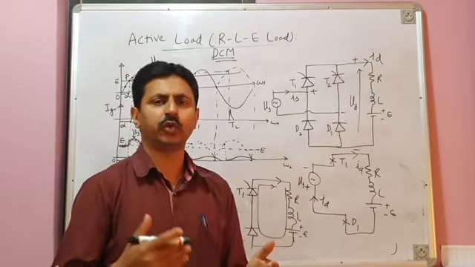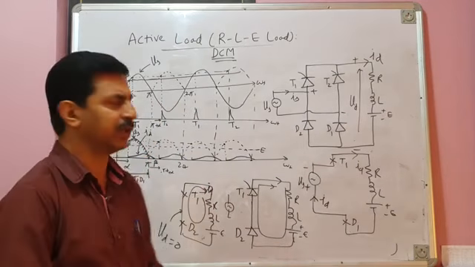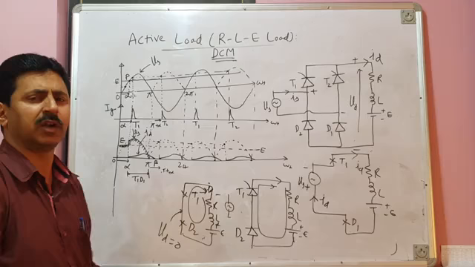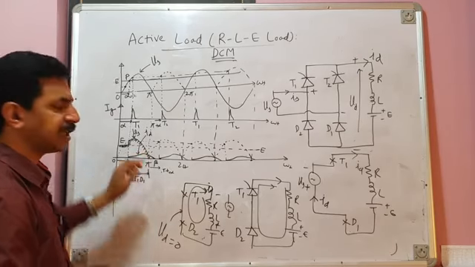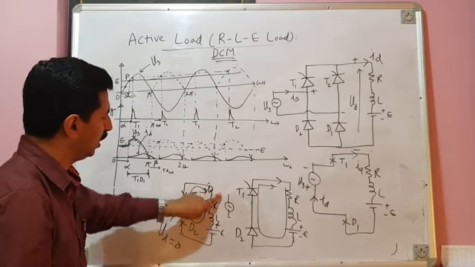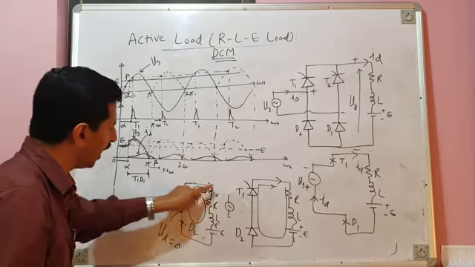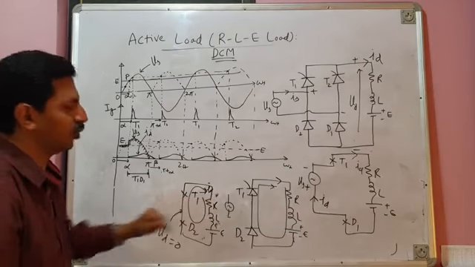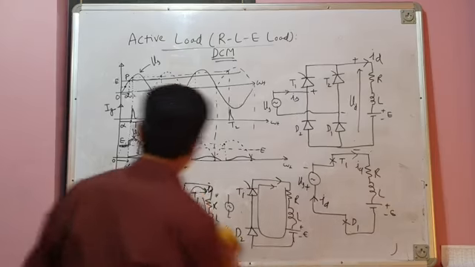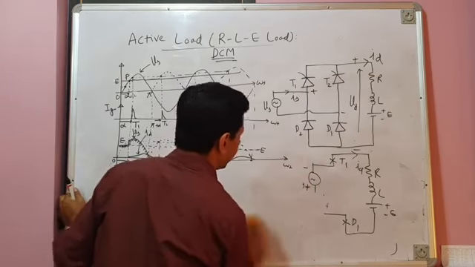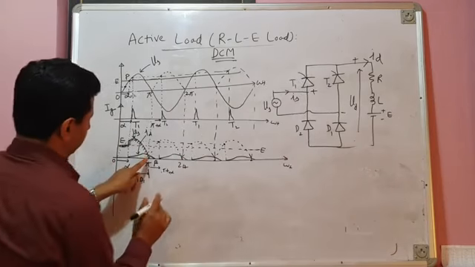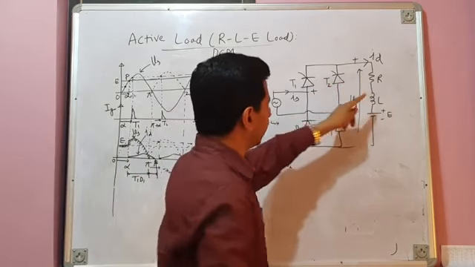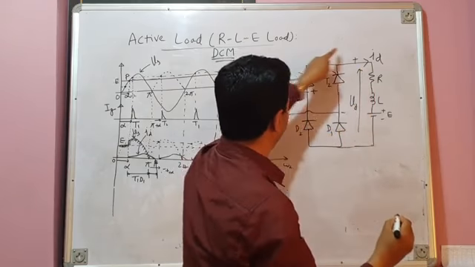By mistake, I told you yesterday, when I was explaining this concept, that beyond omega t equal to pi the load voltage will become negative. It will not become negative. At omega t equal to pi, load voltage has already become zero, and it will continue to be zero because the load current will choose this path. Since the load is shorted by T1 and D2, the voltage across the short is zero. So load voltage will be zero, not negative. You can see that from omega t equal to pi to beta, this small time interval, the load current will be freewheeling through T1 and D2.